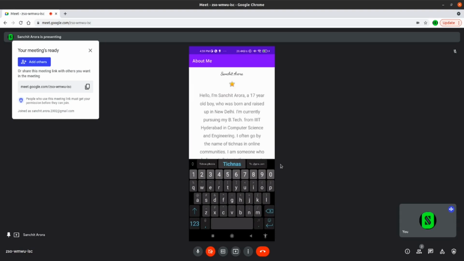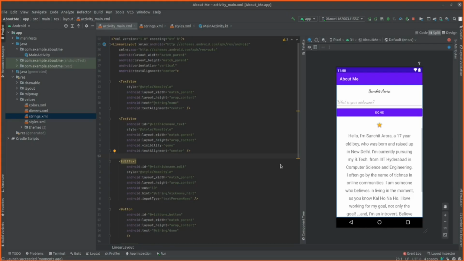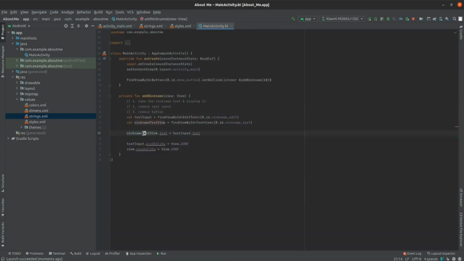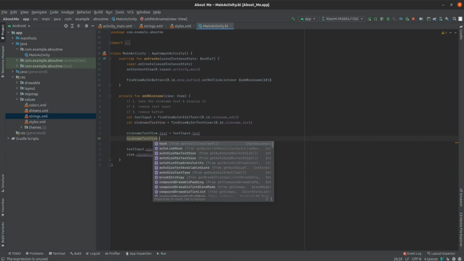Okay, it's not visible, and I know why. So we said its text is the text input text, but obviously we want to make it visible, right? Dot